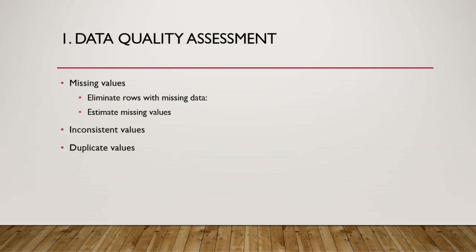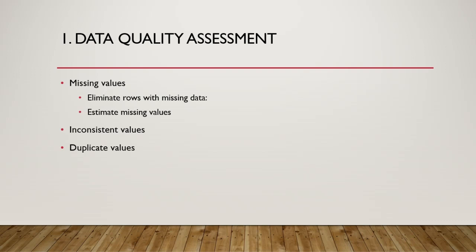The first one is data quality assessment. Here we do broadly three things. We handle missing values. In most data sets, you will find that not all the column values are present; some of them may be missing. So what do we do with those missing values? Sometimes we may go back to the source and ask why that value is missing, but in many cases that may not be possible. We may have to continue with the missing value.